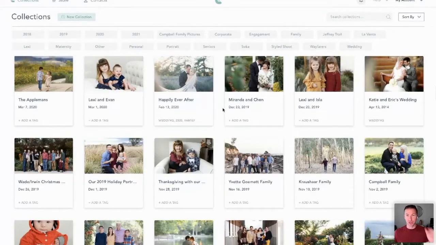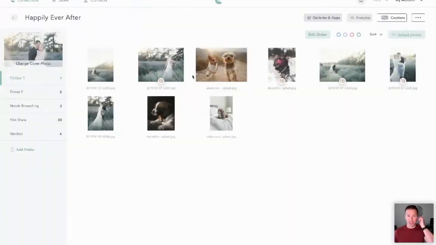What you're seeing here is CloudSpot's main dashboard that you as a photographer use to manage and share your photos. I'll point directly towards where we are tackling this social media workflow problem. So let's say we click into a collection here, and you've uploaded your multiple folders there on the left side. Let's say it's a wedding, a portrait shoot, or a family that you photographed year over year.